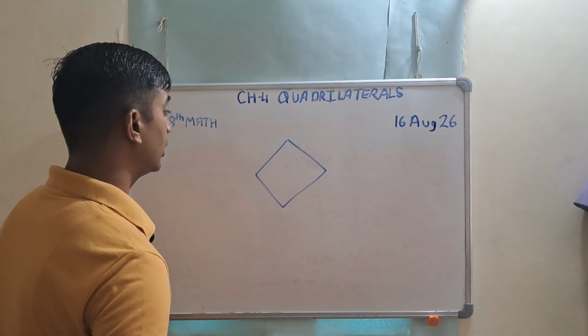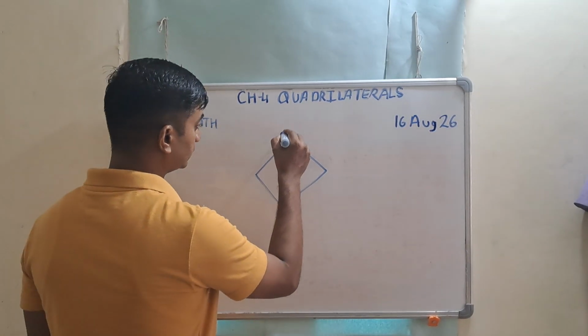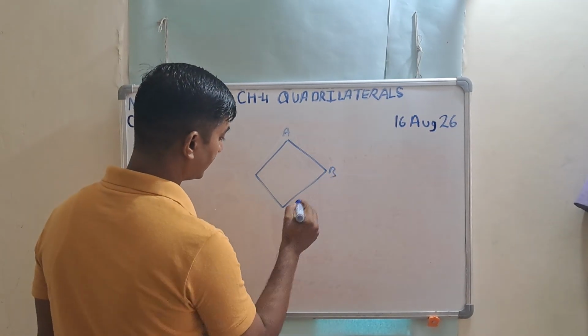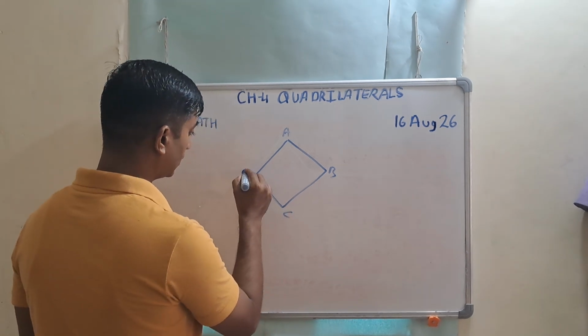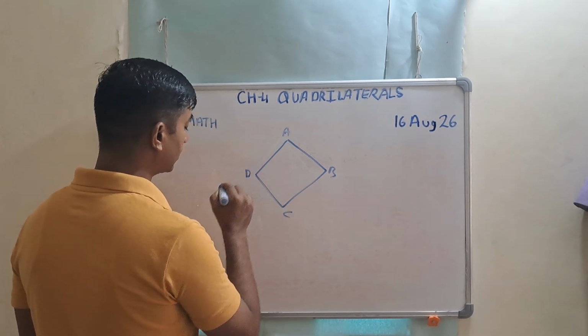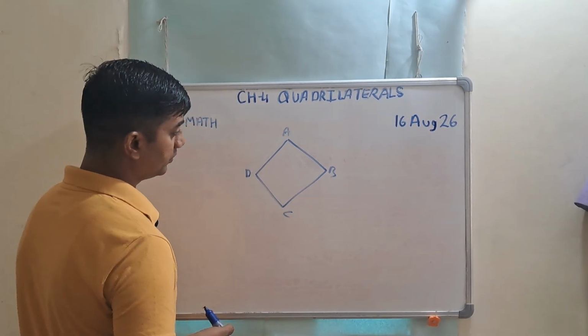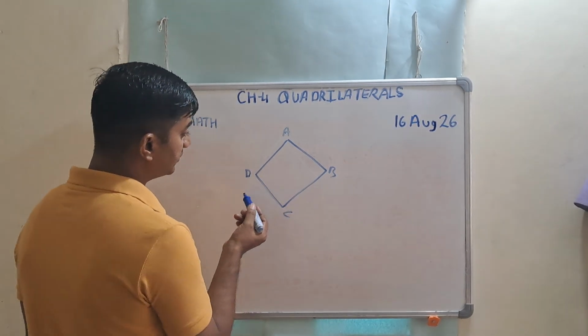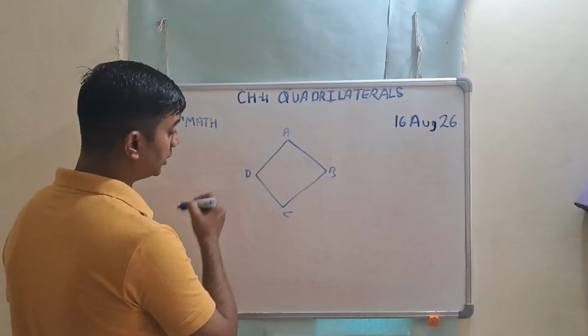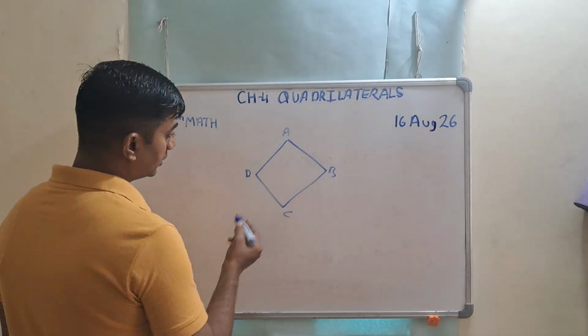And in that we have concluded how the diagonals are behaving. We have seen that since all the sides are equal and they are parallel,